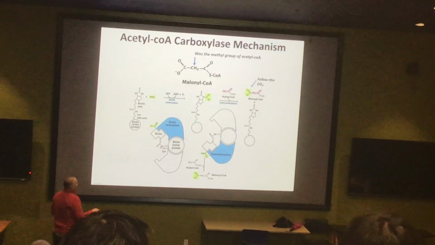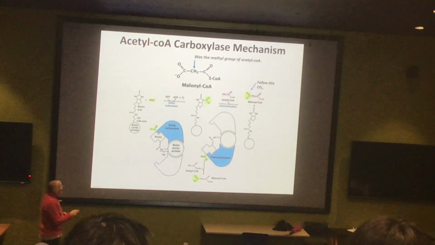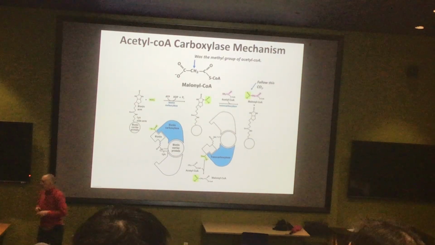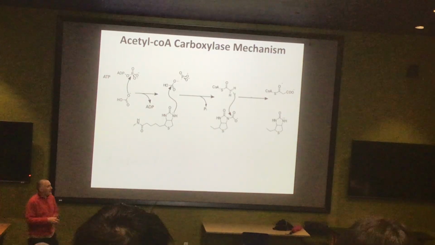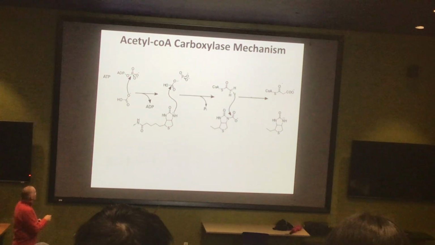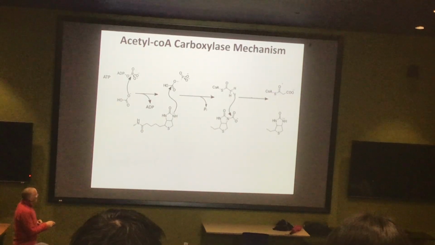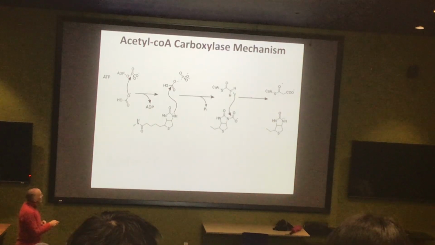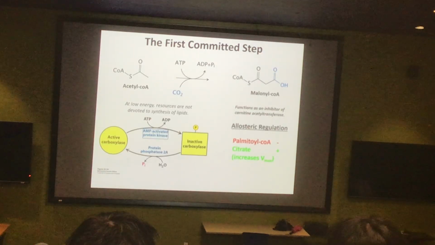And then the second major domain of this is going to carry out the transcarboxylase, where the carbon dioxide is removed from the biotin, attacks the acetyl-CoA, and that's how we're going to make the malonyl-CoA. So that's kind of the preview of the chemistry. This is actually right from the previous exam to show you again. You have the bicarbonate. The idea of using ATP is that this is just not sufficiently reactive, so we need to have a good leaving group on it. And then the CoA can come in and attack that carboxy biotin, and that's how we actually start the process of adding the carbon dioxide and generating the malonyl-CoA.